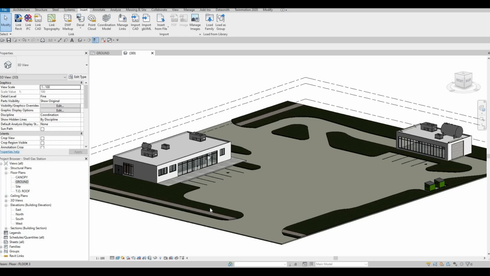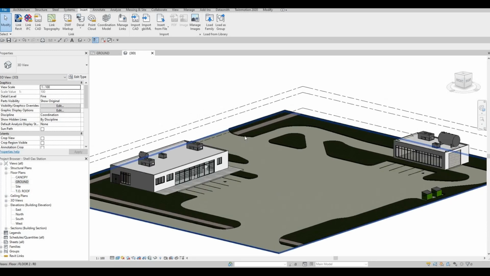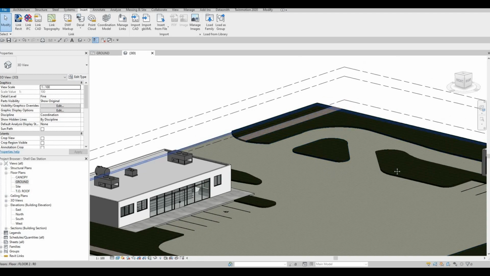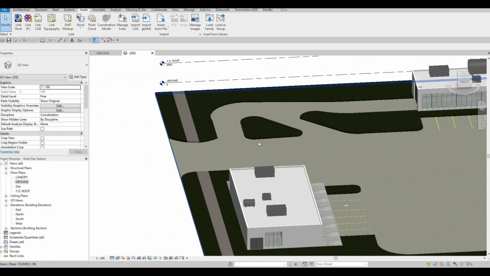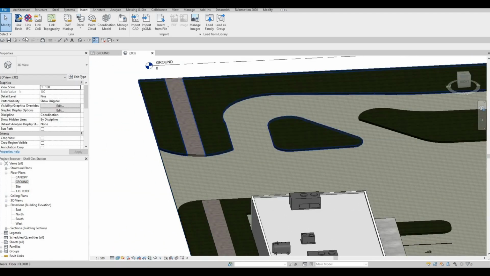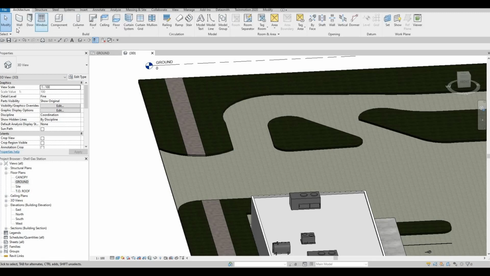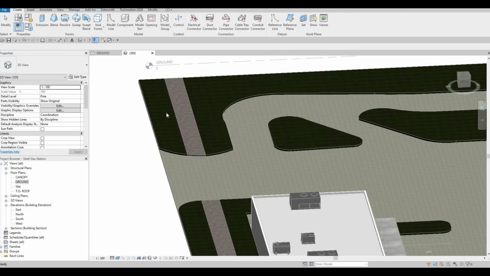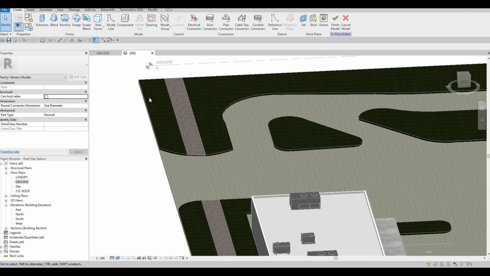So in the previous video, we were working on the site. Now we're going to continue working on this. What I want to do is to add all of this around here, some of the gutters. So what I'm going to do next is to go to my model in place, and it will be another generic model. Press OK, and then we're gonna check,